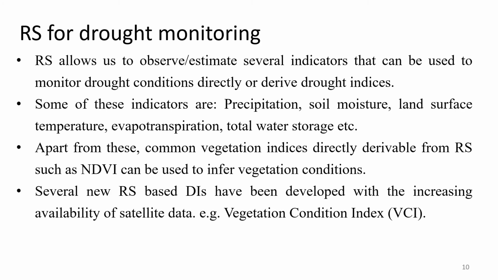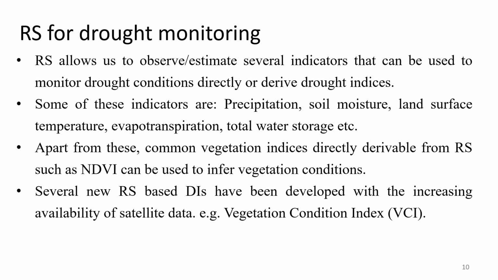Then finally we come to the topic of remote sensing for drought monitoring. So just as a glimpse, what you have observed from these slides is we observe some variables, convert those variables into drought indices, and using those drought indices we can monitor drought by defining different threshold levels. This is drought monitoring at the most simple and basic level. So how can remote sensing be used? To start with, from remote sensing we can observe most of these drought indicators, and from these drought indicators we can derive a lot of drought indices.